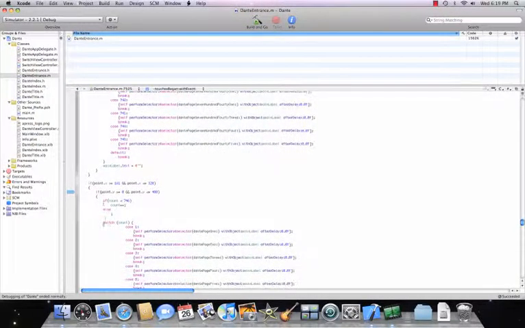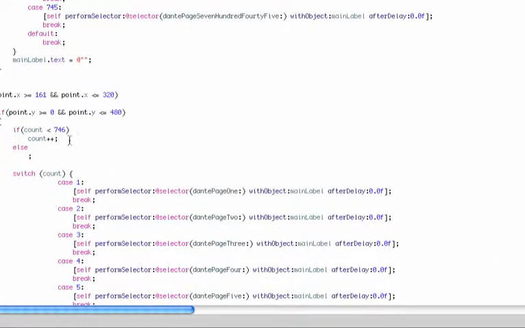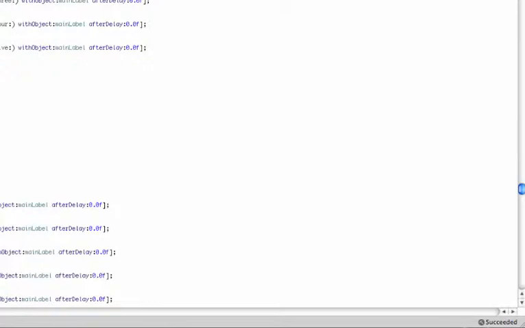Okay, so here we say the counter is going to be less than 746 pages that we have. We're going to count the pages, because in this section what we did is we divided the screen in half: from the X section from 161 to 320, and from 0 to 480 is the right screen, and the last program section that we had